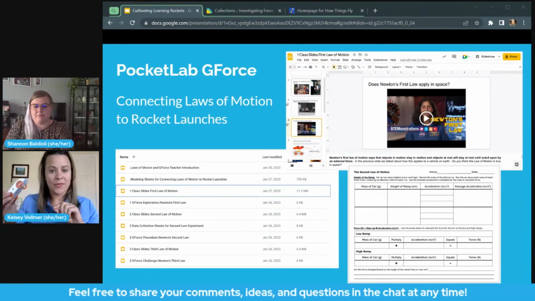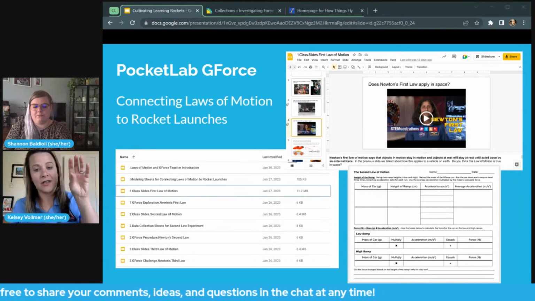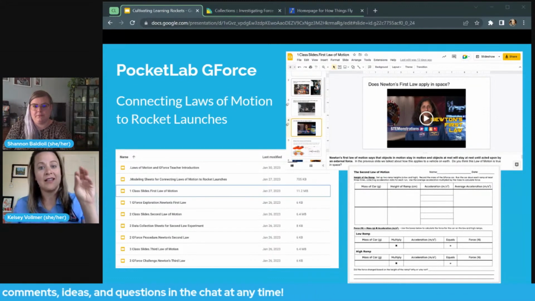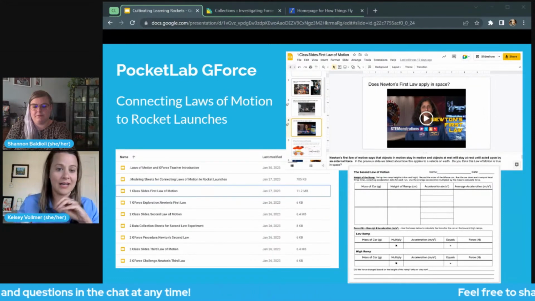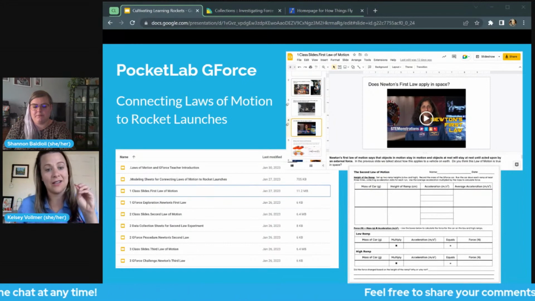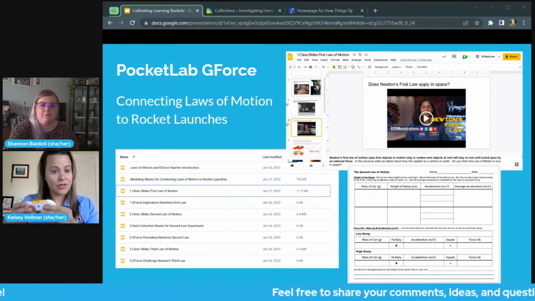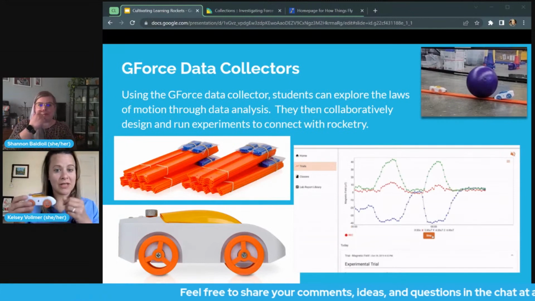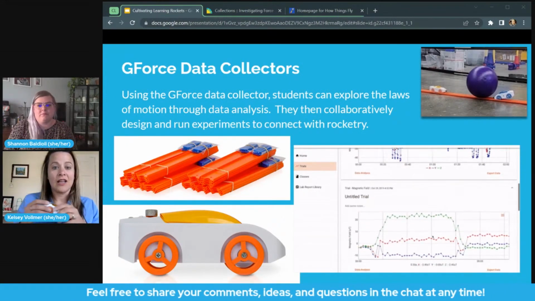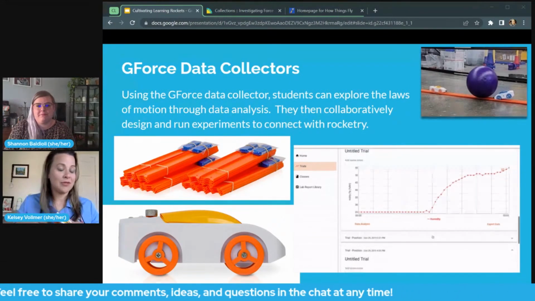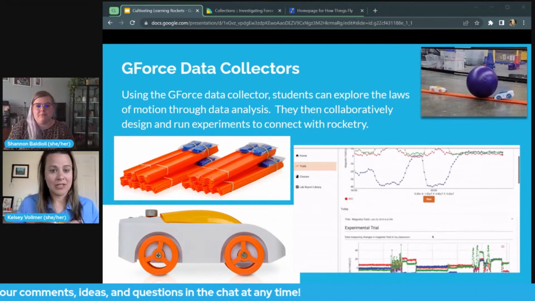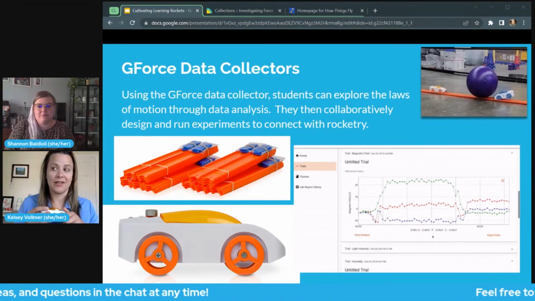And so they learn about the laws of motion in space. They learn about how it connects to things like rocket launches and the DART mission. And then they do the experiment with the G-force to really make those connections. And then you can even collaboratively have them design and run experiments to connect that law of motion